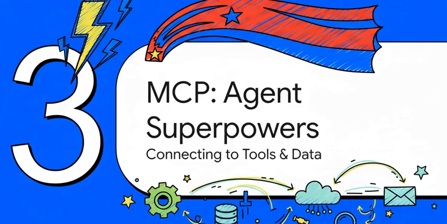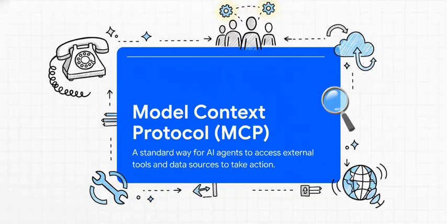Well, that's where a second protocol comes into play, the Model Context Protocol, or MCP. And this one is all about giving these agents some serious superpowers. The Model Context Protocol, or MCP, is what connects an AI agent to the outside world. It gives it a standard way to use external tools, call APIs, and pull in real-time data. You could almost think of it like giving your AI a phone number. All of a sudden, it can call out to get the info it needs to take real action, going way beyond whatever it was trained on.